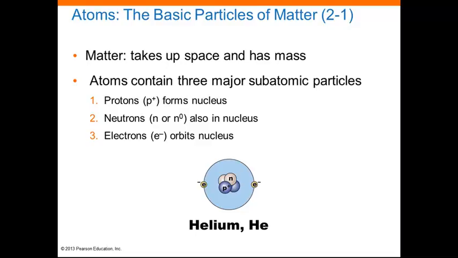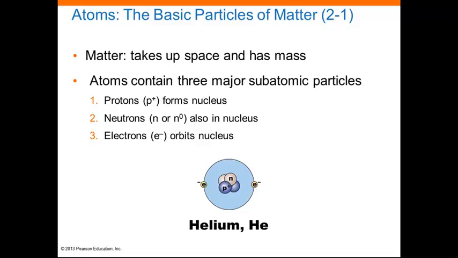Neutrons are another major subatomic particle. Neutrons have a mass and they are electrically neutral. They are not positive, they are not negative, they are neutral. Neutrons are also found in the atom's nucleus. And then last we have electrons. So this is the last subatomic particle. Electrons have very little mass and they have a negative electrical charge associated with them. They're typically found orbiting around the nucleus at high speeds in what we call an electron cloud or an electron